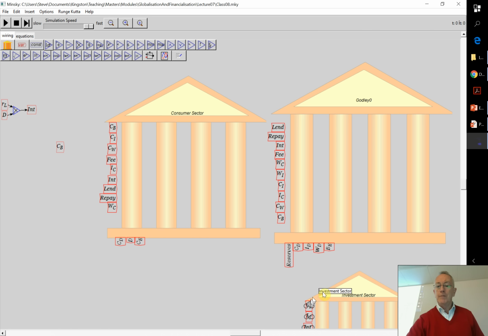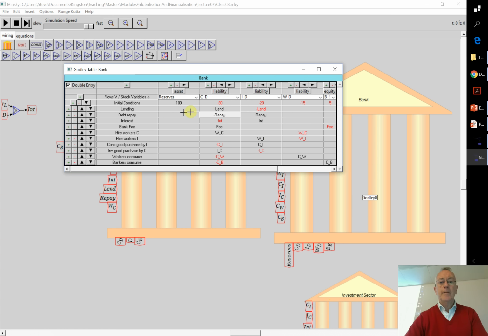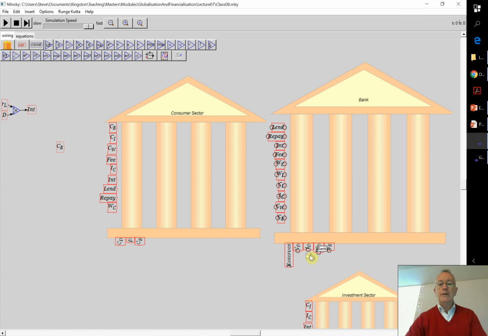I want the bank, that's over here. I better label that as bank. Okay, so there's the bank labelled properly. So I want to base the spending by the banking sector on the amount of money it has. So I'm going to copy BE over here and base consumption by the banking sector on the banking sector's equity.